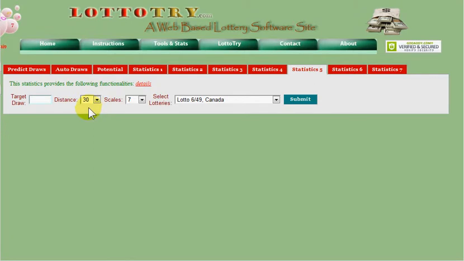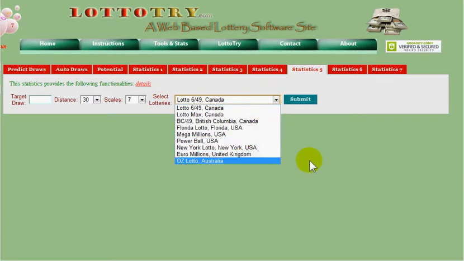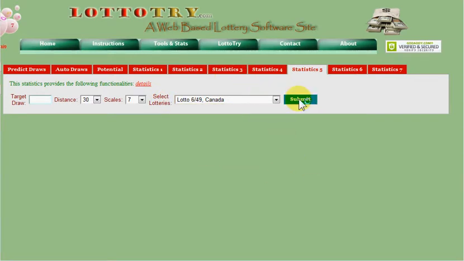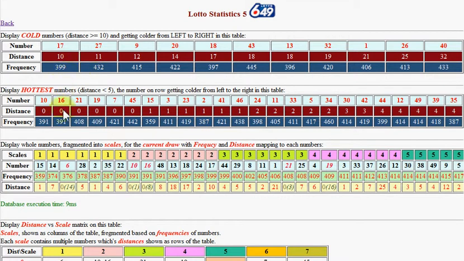The default is 30. So you will see that this distance determines how many rows of the table you want to display. And the scale is 7 by default, and you can choose different numbers as a scale value. So there will be different groups. Select a different lottery, click submit. So you can see the multiple tables displayed in this